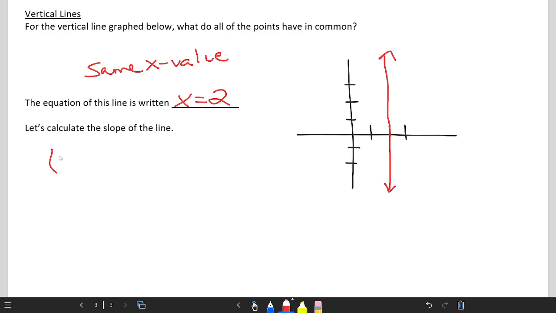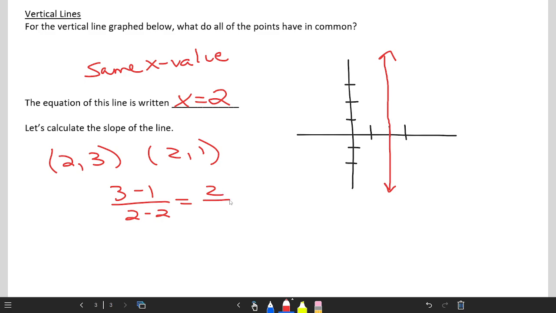And if you choose a couple of points on the line to calculate the slope here, like (2, 3) and (2, 1), for example, you're going to subtract the y values in the numerator and the x values in the denominator. And you get a denominator of 0 because of those matching x values. So this is not a number because there's a 0 in the denominator. So the slope of a vertical line will always be undefined